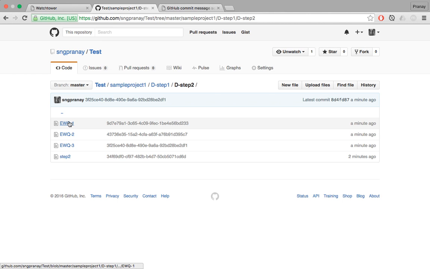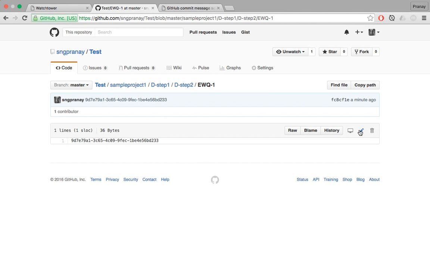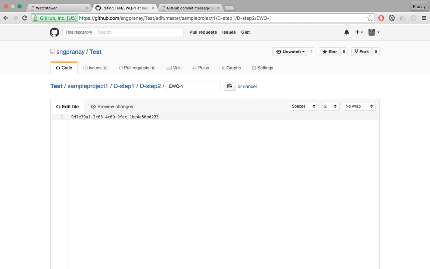So I can go ahead and edit these files. Let's edit EWQ1 and write a note. This file is a child of, let's say, BCG1, right? So I use the contents of BCG1 to make this file. Then I can write observations about